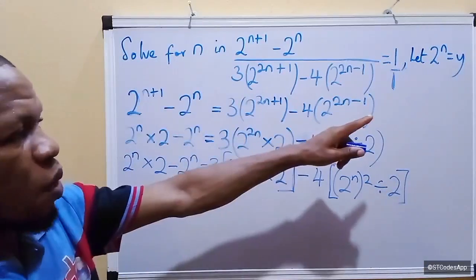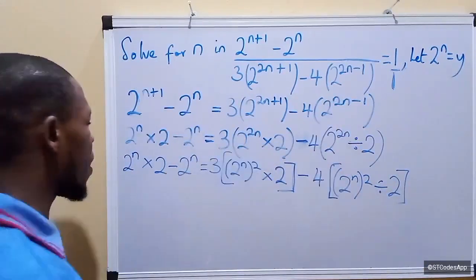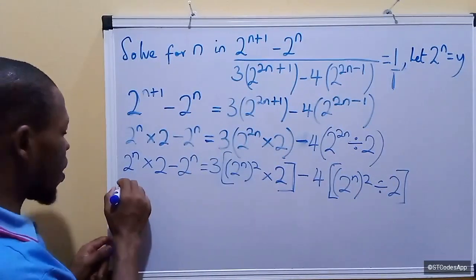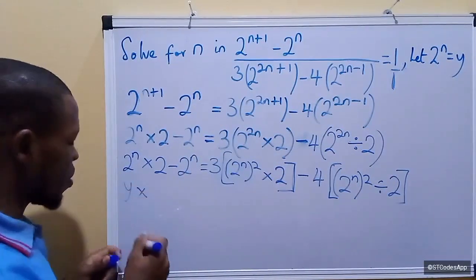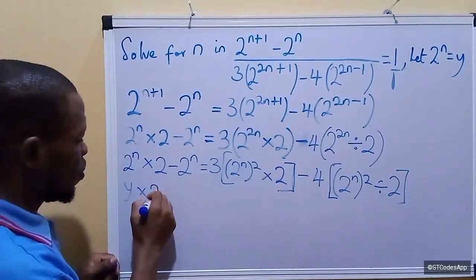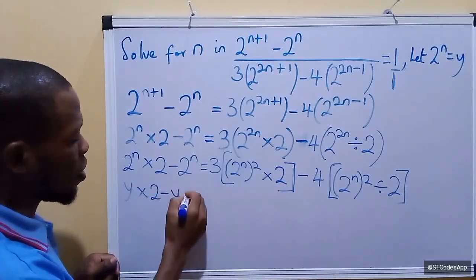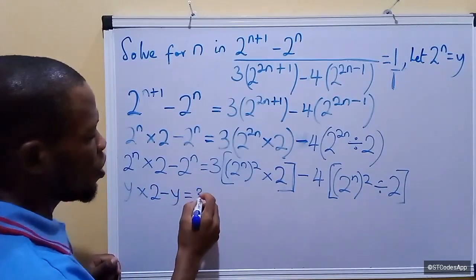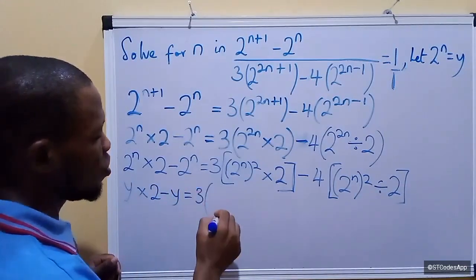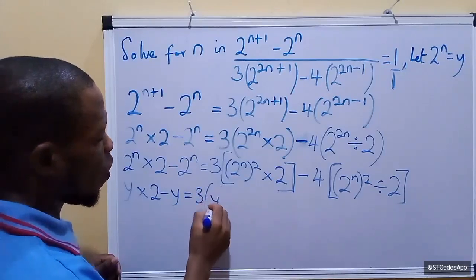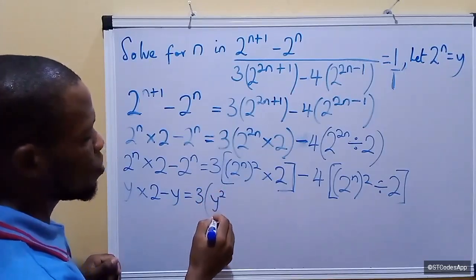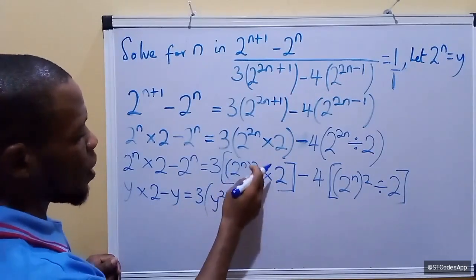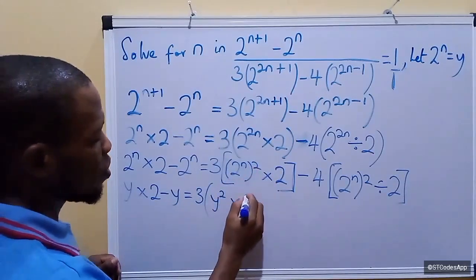Now let's apply what I have there. 2 raised to the power n equals y. So in place of 2 raised to the power n, I will put y. So I'm going to have y times 2 minus y equal to 3 into y raised to the power 2, because 2 raised to the power n is now y. So I have y raised to the power 2 times 2